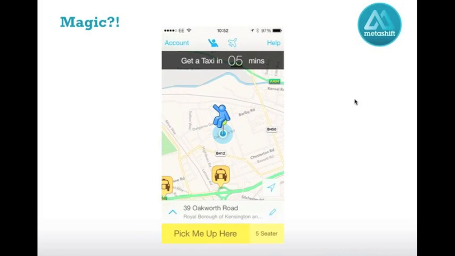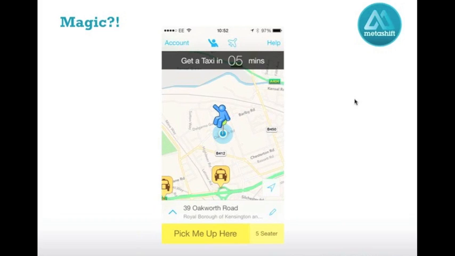Okay, so this is the key thing for me about mobile. I don't know how many of you have used the app Halo. It's absolutely brilliant. This is a screenshot I took this morning. That's not my real address for any stalkers out there. But basically, if you've not seen it, it uses the GPS device in your phone to tell you what black cabs are near you. You can hire the black cab by pressing the pick me up button, and then it just bills it to your credit card, and it's a whole new way of getting a taxi.